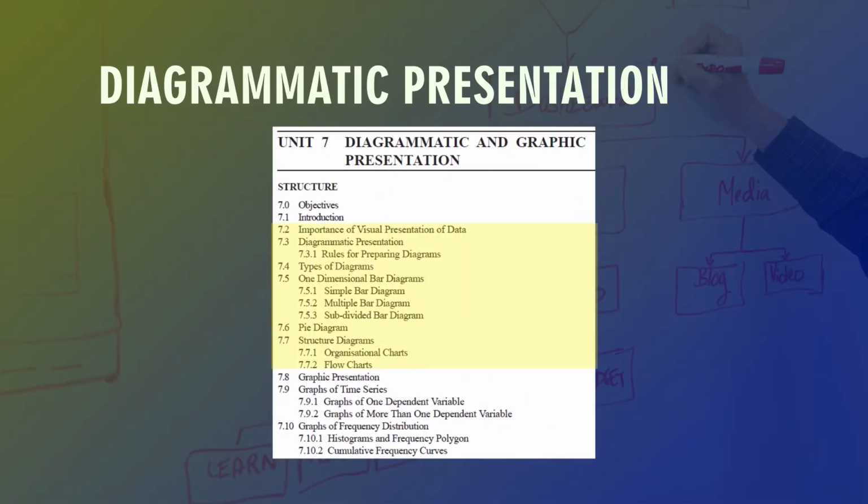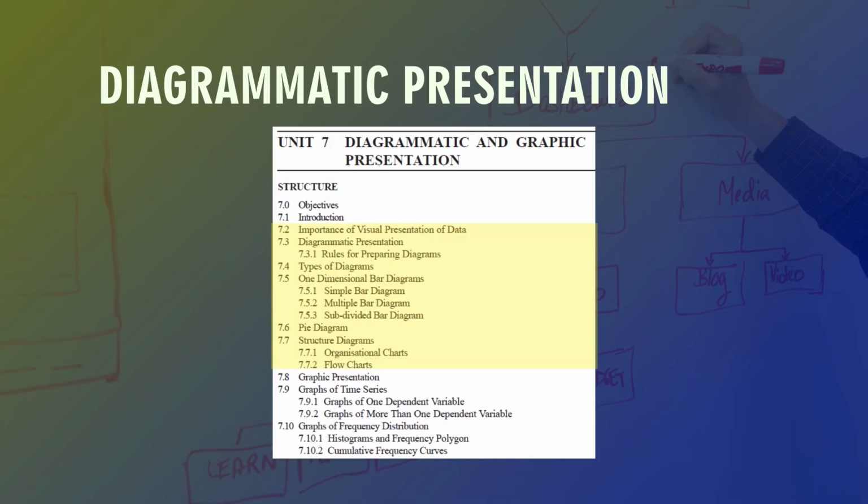If we see this particular chapter, it starts with the importance of visual presentation of data. What is the importance of presenting data in a visual manner? Because times have changed. There was a time when we had no choice, and data used to be presented in a text format. But after a certain time, we observed that the graphical way of presenting data came up, and right now we are moving one step ahead, toward the video way of presenting data. This is one of the ways by which things have changed. In the coming years, you will find more change which can make the presentation more agile and active.